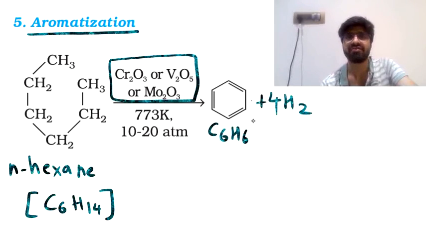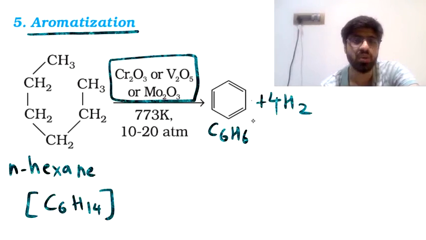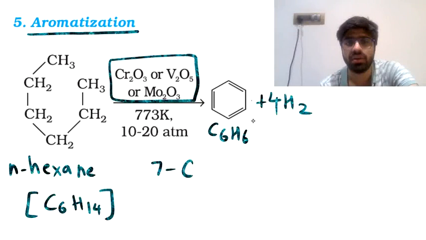What if we have an alkane having more than 6 carbon atoms? This reaction is a specialty of alkanes having 6 or more carbon atoms. You don't get this reaction with alkanes having 5 carbon atoms. So I get back to my question, what if we take an alkane having 7 carbon atoms? So if we take n-heptane,